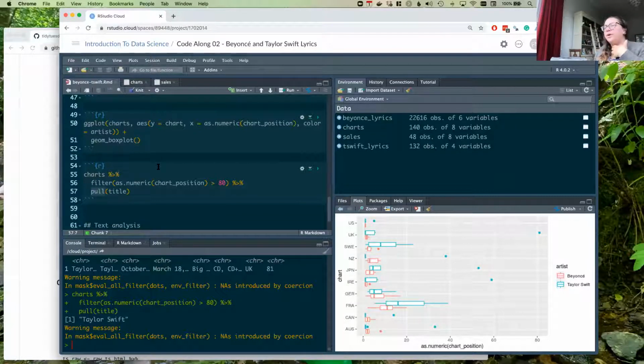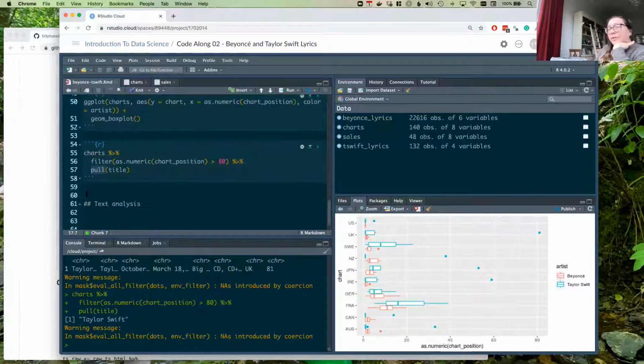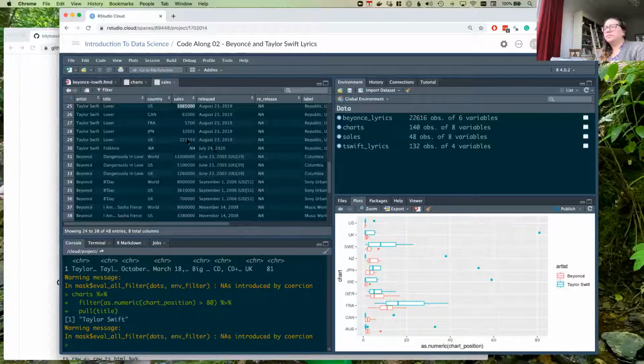Okay, what else do we want to look at? We can keep looking at the charts, or we can keep looking at sales, or we can keep looking at something else. Let's try to think about something where we can make a visualization, since that's the theme for this week. And let's try to make a visualization of the sorts of things we know how to make. Shall we do something similar for sales versus chart position?